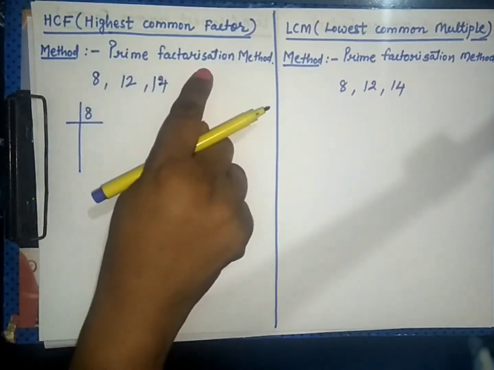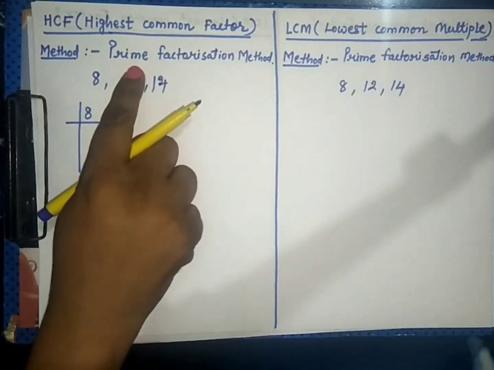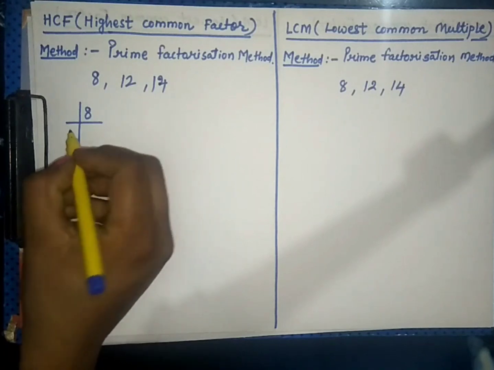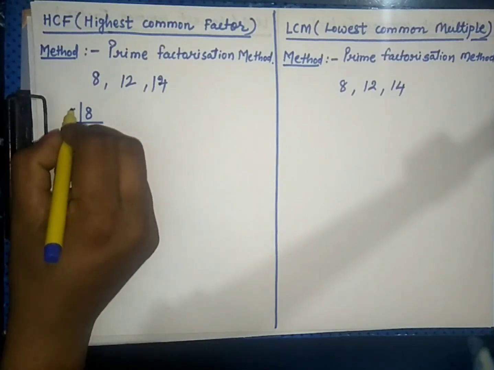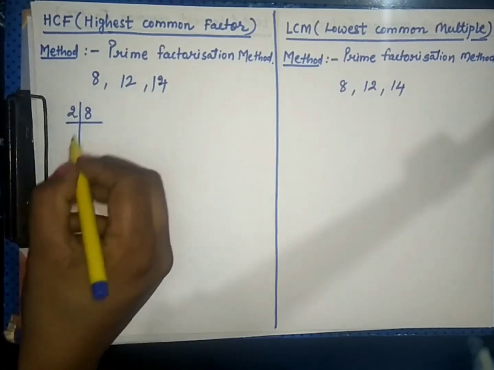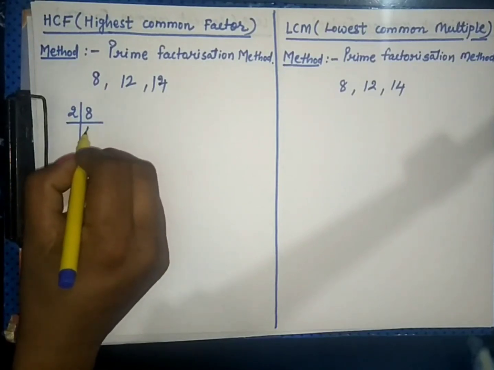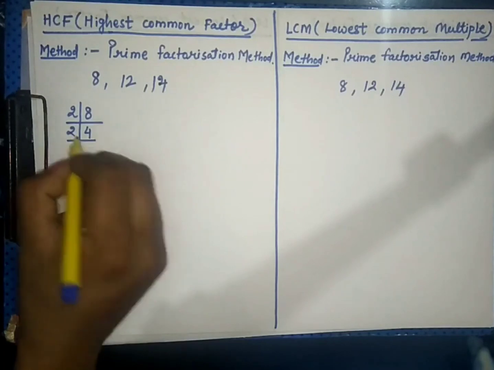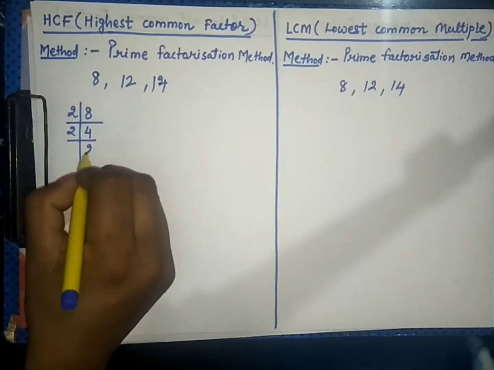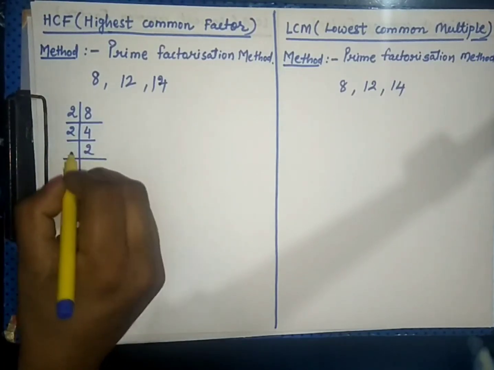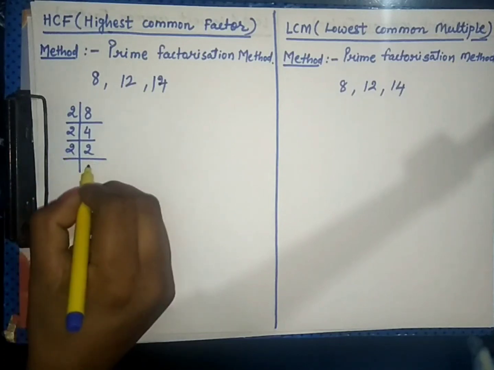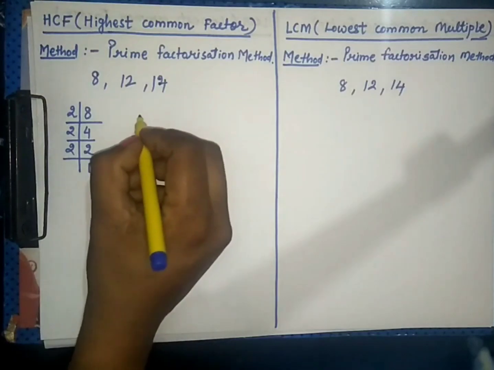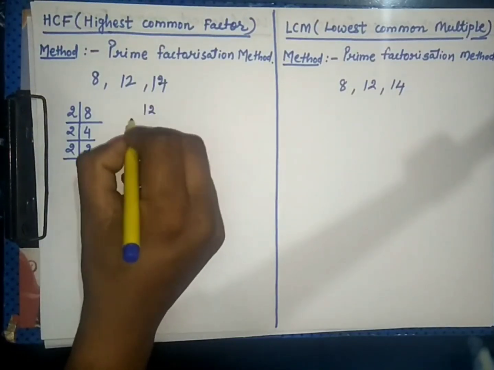According to the prime factorization method, we can use only prime factors to divide the given numbers. So we will take the smallest possible prime factor to divide 8, that is 2, and we write the quotient in the next line, that is 4. Now again divide the 4 using the smallest prime factor, that is 2. We need to write down the quotient every time in the next line. We need to repeat the same process for the next two numbers.